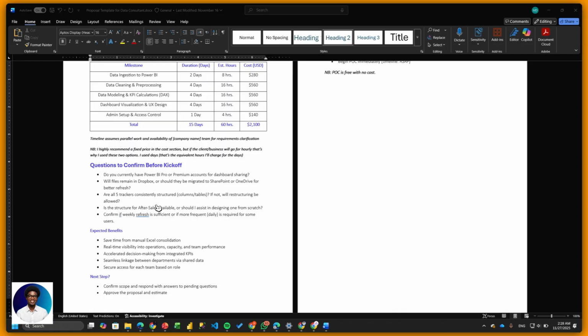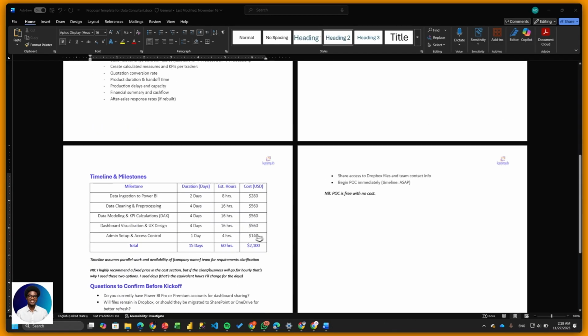Even though there are some questions, if they answer, you go into your pricing model, milestones and timeline and add this to that. And that's how you don't leave money on the table. You tell them the benefit after all this has been done, what they are looking to achieve, and then the next step. As I mentioned, POC is not important, because it depends on the type of people you want to work with.